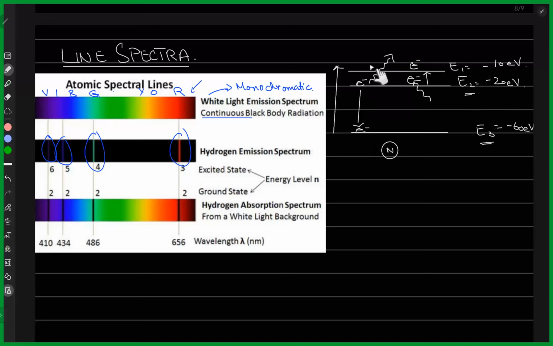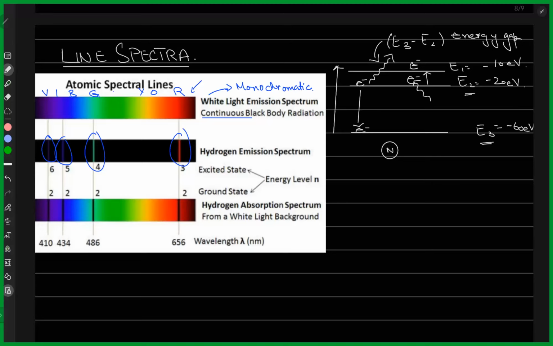Because it starts from E2 and drops to E3, whatever the difference is between these two, E3 minus E2, is the energy of this photon, right? E3 minus E2. It is sometimes called the energy gap between the levels. So this thing is sometimes also called the energy gap,